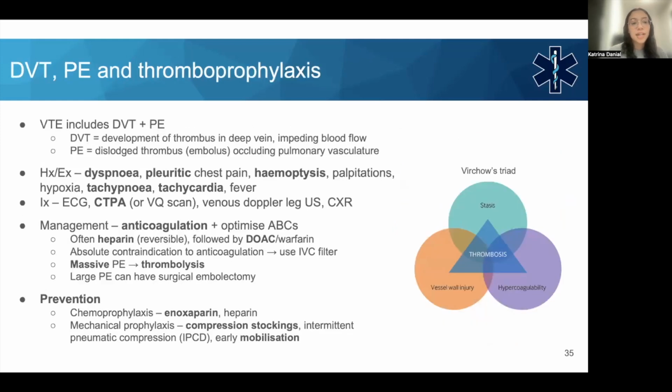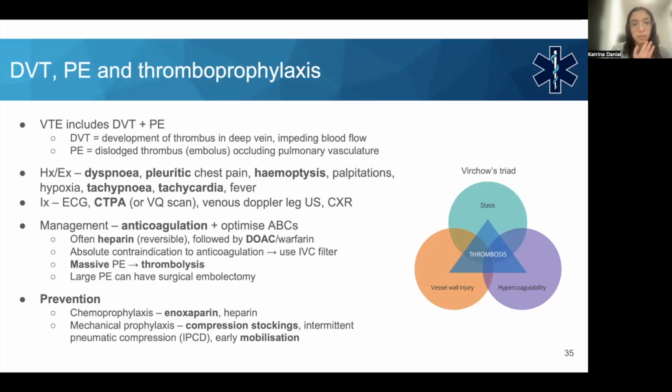Okay. And then you have your DVT, PE. All right, this stuff is unfortunately very, very common. So you have your DVT, which is when it's still in a deep vein, so usually in the calf, and then you call it a PE now if it has dislodged and it's ended up in the lungs. All right. Buzzwords for this: shortness of breath, pleuritic chest pain, coughing up blood, palpitations, syncope as well,